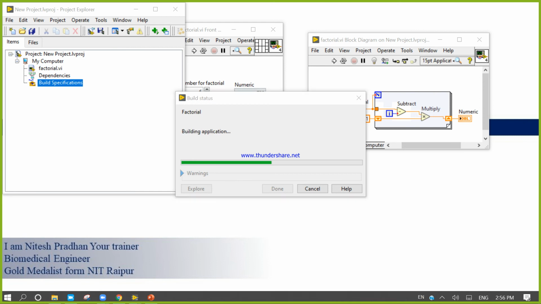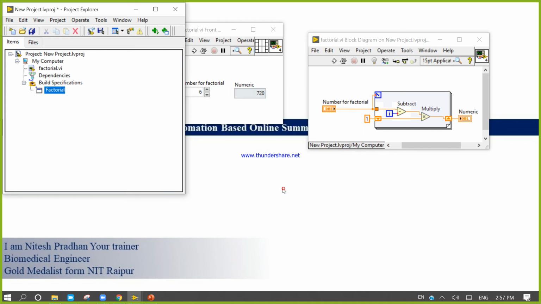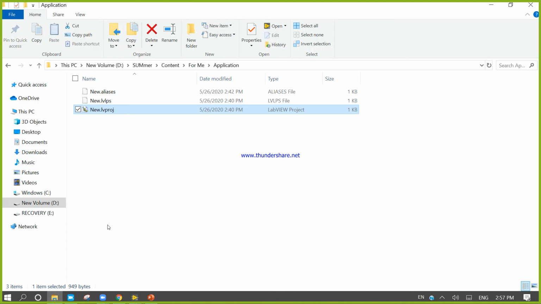If your build executes without any error, that means it's done. Now you can click either explore or done. I am going to click done.